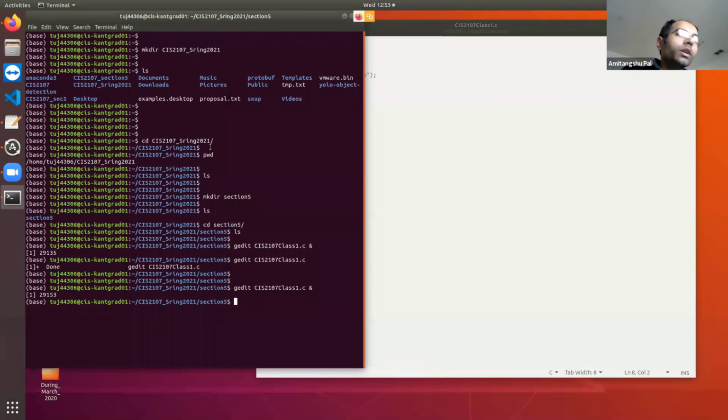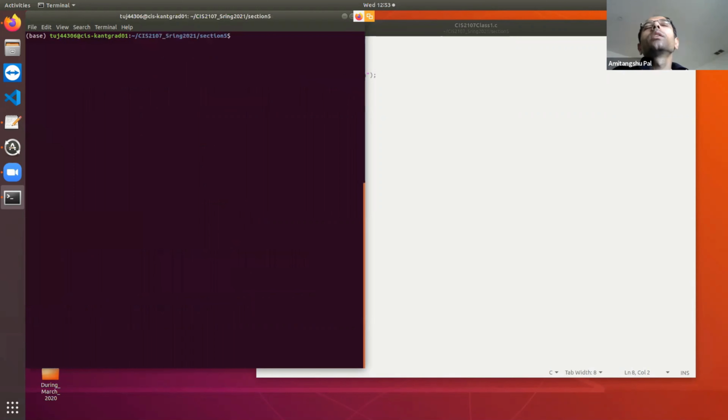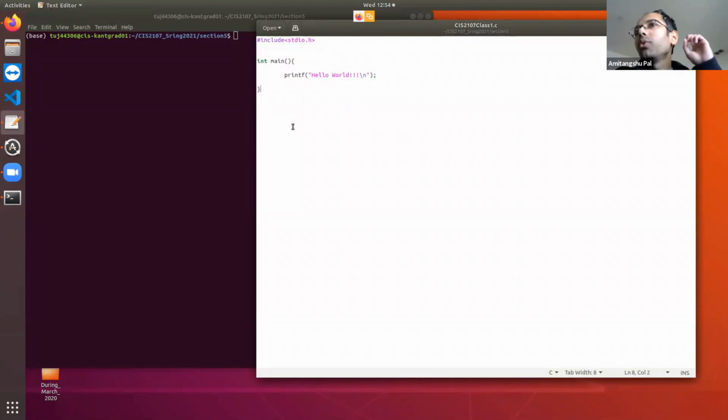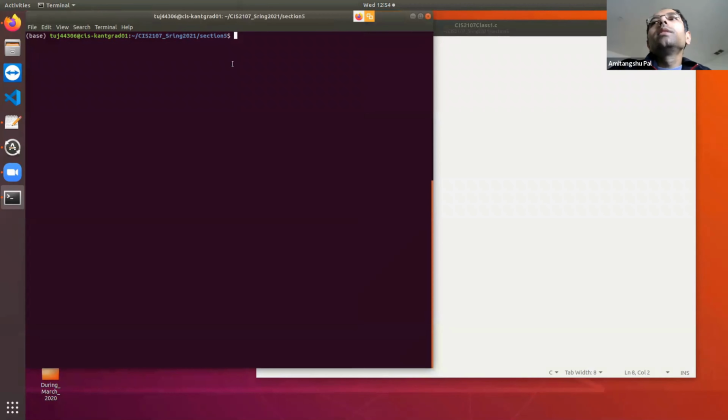You can type clear to clear all your previous commands on your screen, so you can basically clean your screen. Okay, clearing the screen. Now let's see how I can run the program from the output terminal, not using any IDE. As I said, I'm going to use the GCC compiler. In the compilation process, I need to use the GCC compiler.